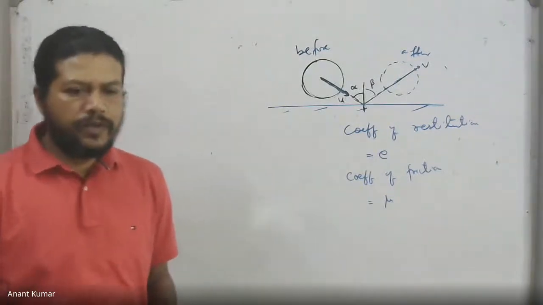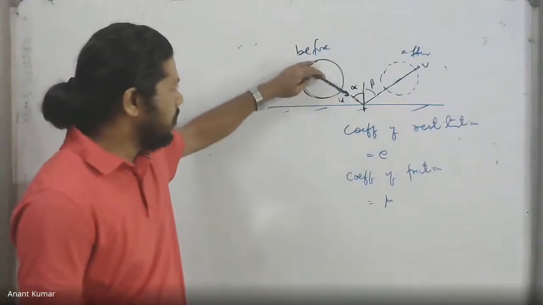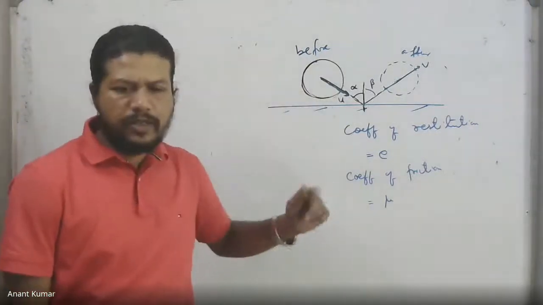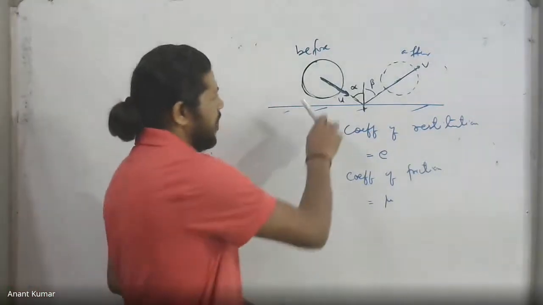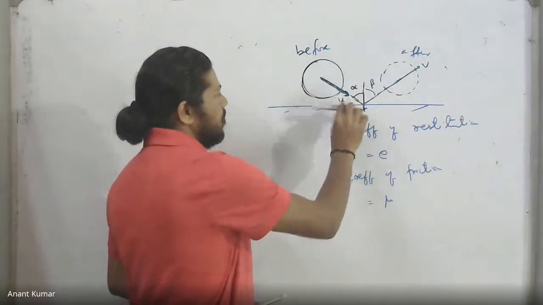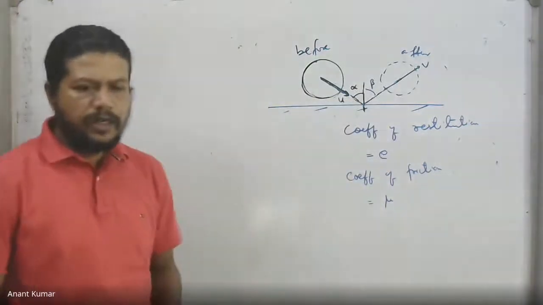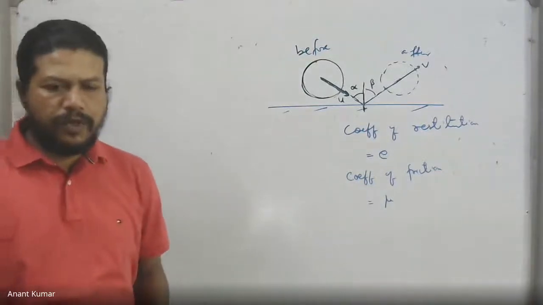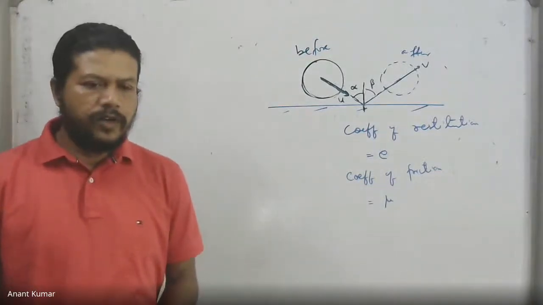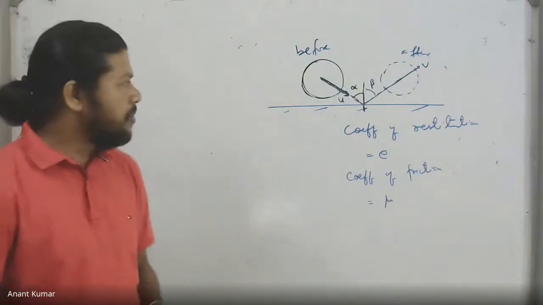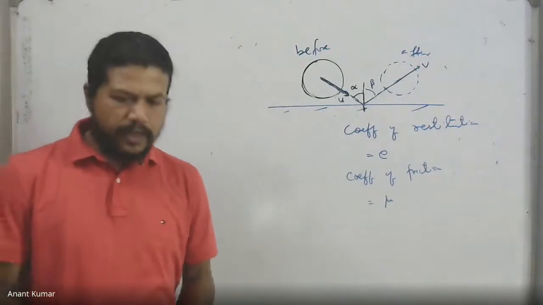While if the friction was not there, the horizontal component of the velocity would be the same. If there was no friction, then you could obtain that u sine alpha would be the same thing as v sine beta. That would only give you one equation. In this case, however, that will not work, because friction is present, and that will be affecting the horizontal velocity as well.